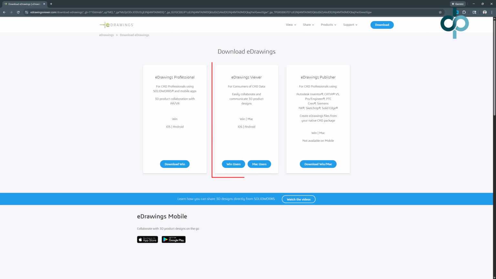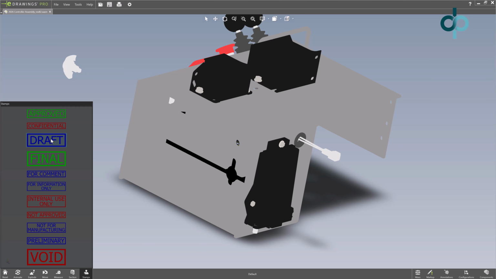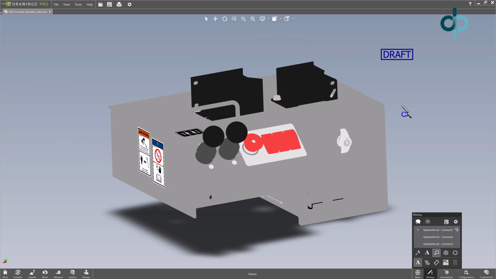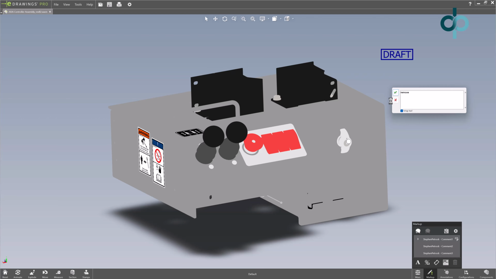And in this video, we'll focus on making the most of the eDrawings viewer, which is the incredibly capable free version. So what is it? eDrawings Viewer is a free application for viewing, printing, and reviewing 2D and 3D design data. So who's it for? Well, anyone in the value chain who wants an easy way to open and view CAD